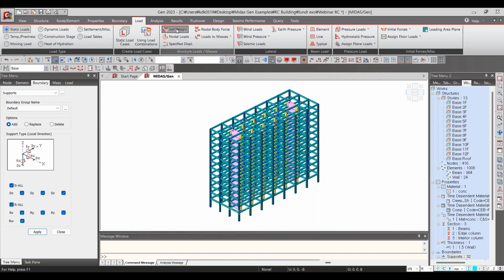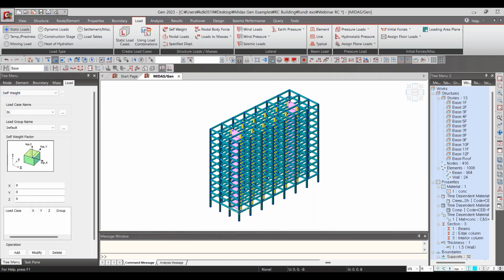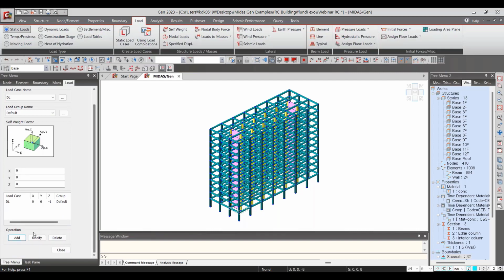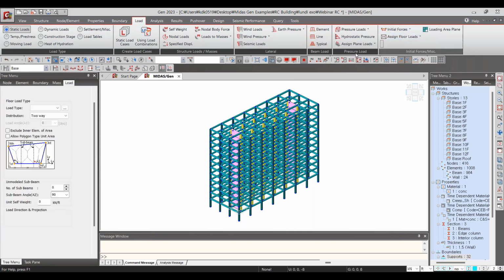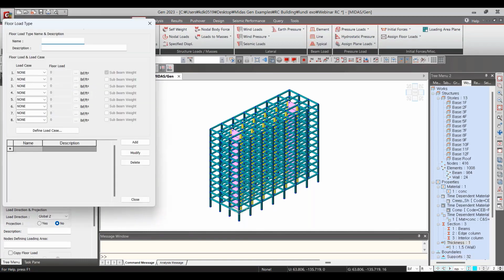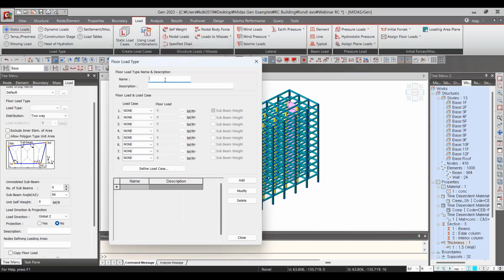So first of all, we can define the self-weight. To define it, go to load, self-weight, and then you put here -1, then click on add, and that's all to define the self-weight. The other type of load is the floor load. To define the floor load, you need to click on these three points here to define the load for the floor. So let's restart here, typical load,